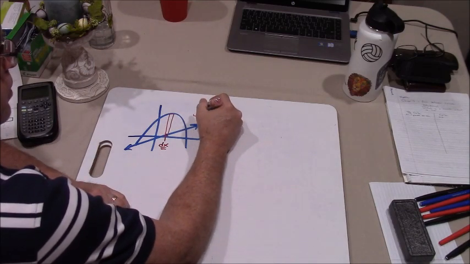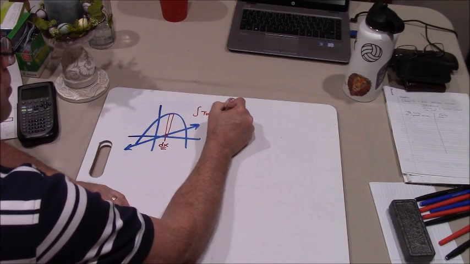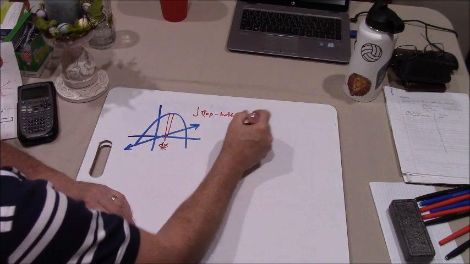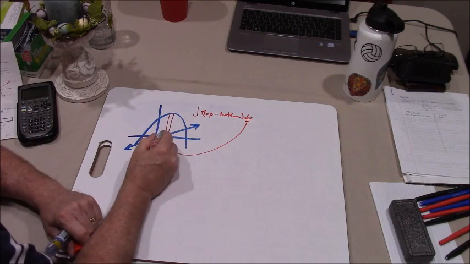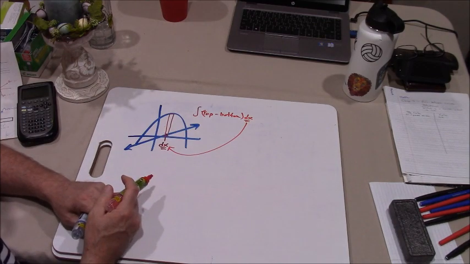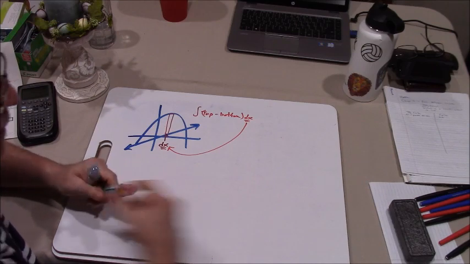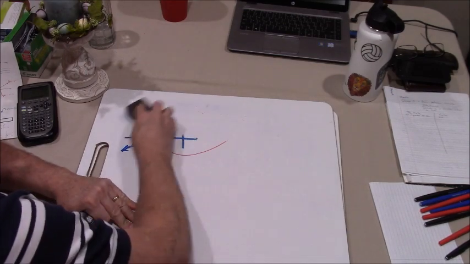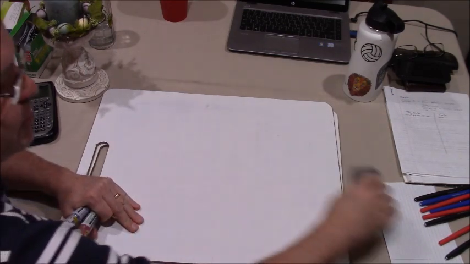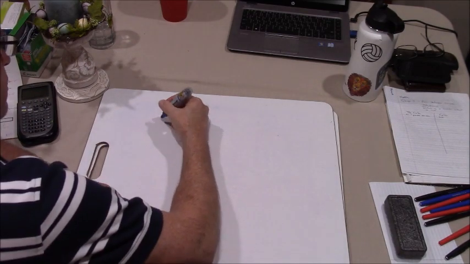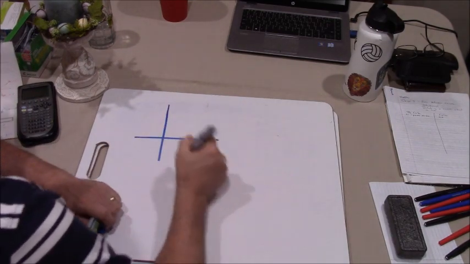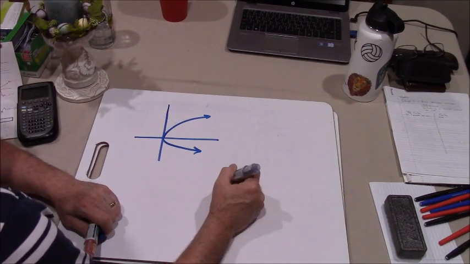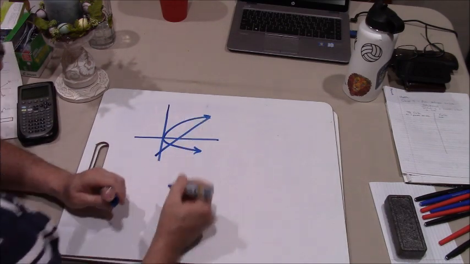So when I do the integral of top minus bottom, and I put a dx in there, that dx refers to the width of each of those rectangles. Well, sometimes the rectangles don't line up the way that we want them to. Let me show you an example. If I had a problem that looked like this, where I have a sideways parabola and there's a line going through it,